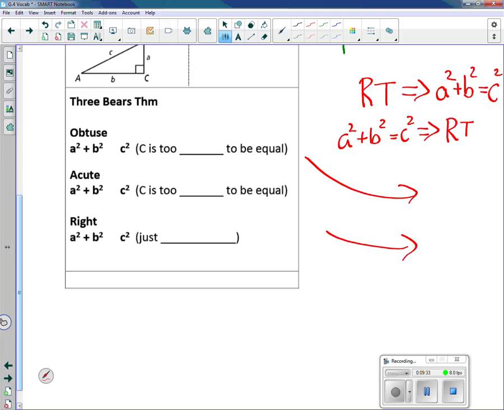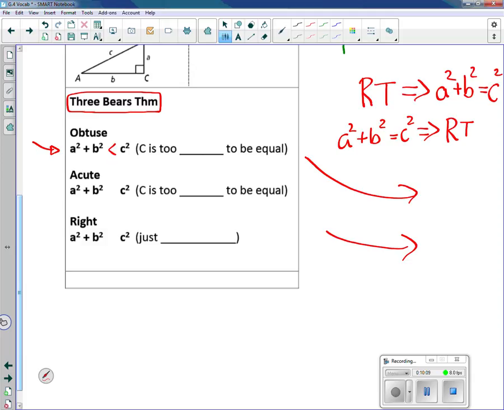This is what I call the three bears theorem, and there's absolutely nothing true about it being called that. It's a theorem that I came up with, just from the idea of what it sounds like. If you remember, in the three bears there was porridge that was too hot, too cold, and then porridge that was just right. So what we're going to find out is if we plug in the two smaller sides of a triangle into the a squared plus b squared,